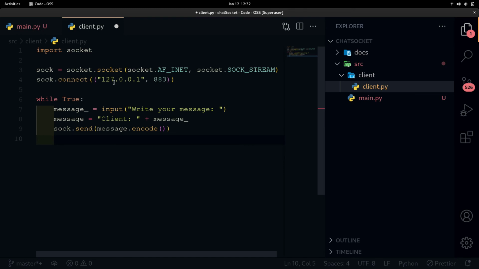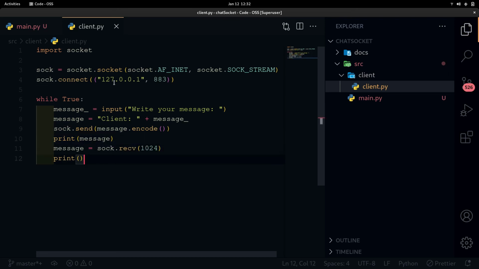So let's reuse message equal to sock receive, with this buffer length. Oh, I forgot something: print the client message. So we write message when the message is sent.